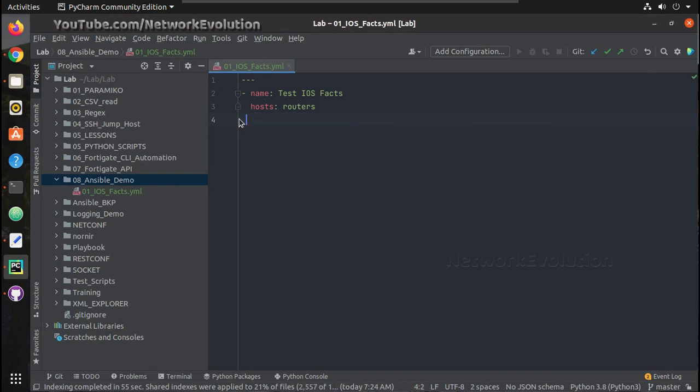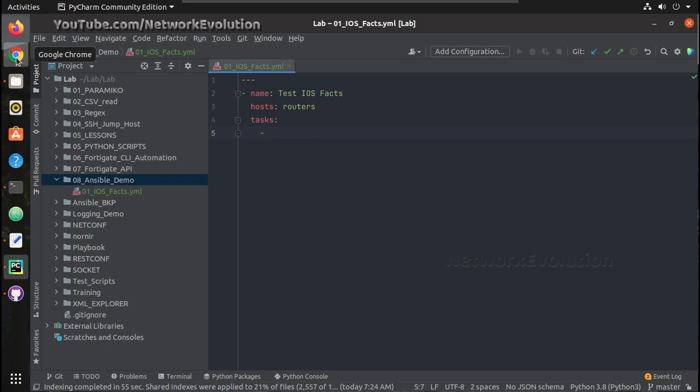So next is, what you can do, the spacing is very important. Don't try to copy and paste the playbooks, because you might get all these kind of syntax errors and indentation errors. So here I'll give 2 spaces, then I'll give tasks, and under that, so what we need to do, 1 space 1 hyphen space.